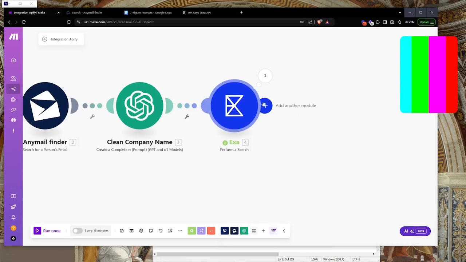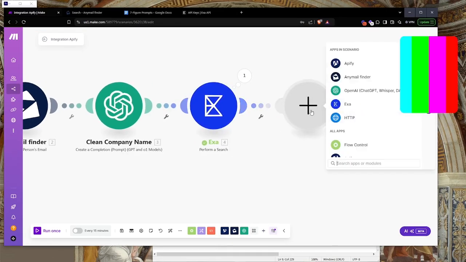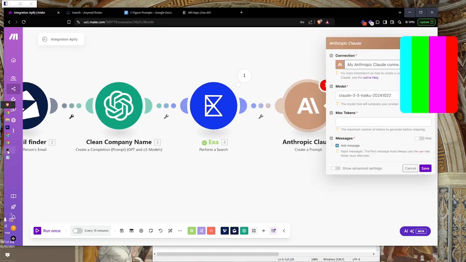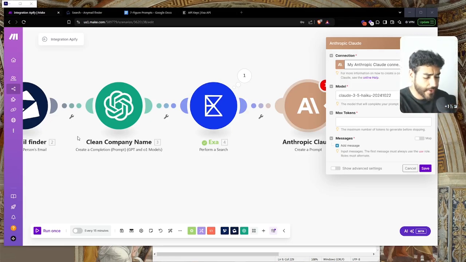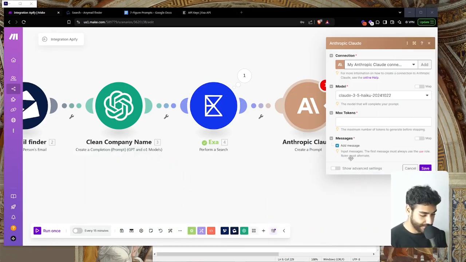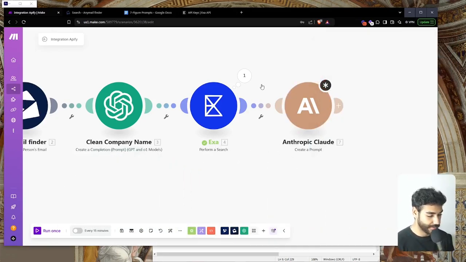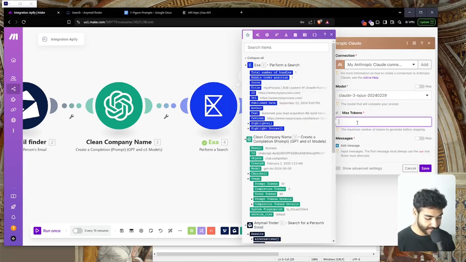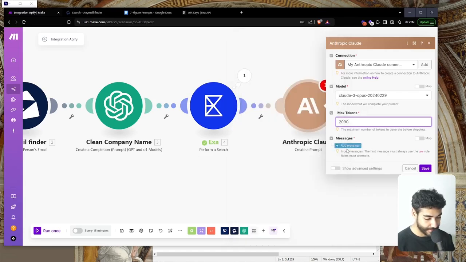Now the next step is feeding this data into AI. And the way we're going to do that is click on this plus button, click on Claude. I'm just going to use Claude. Create a prompt. Let me fix my recording real quick for you guys. All right, perfect. I'm just going to move myself here. Boom. So now what are we going to do? I'm going to use Claude Sonnet, max tokens 2090, add message,